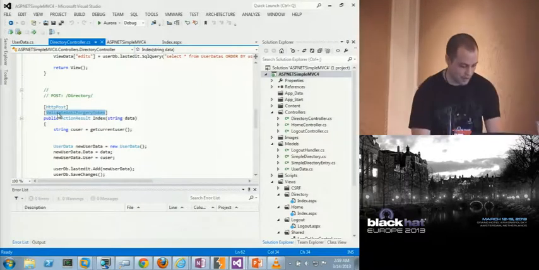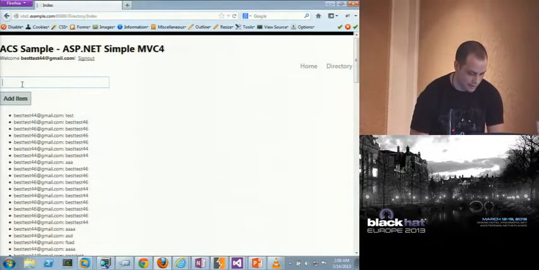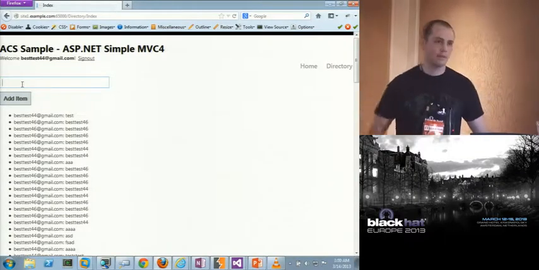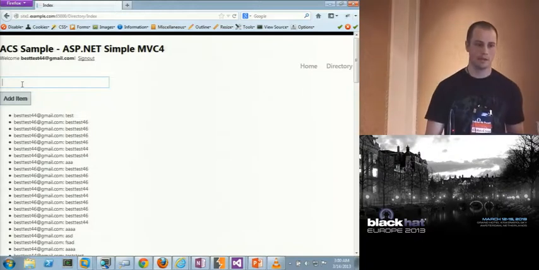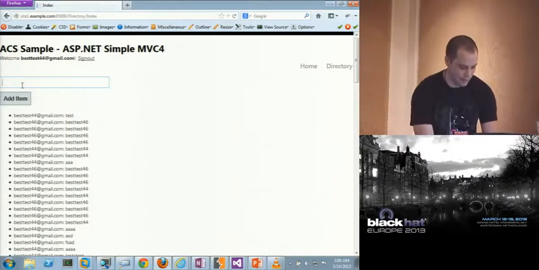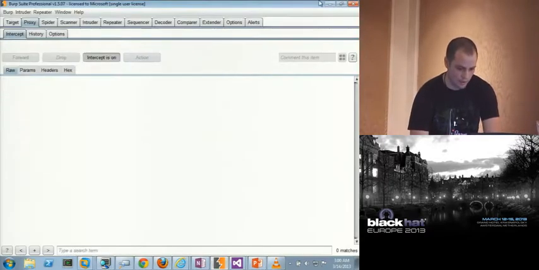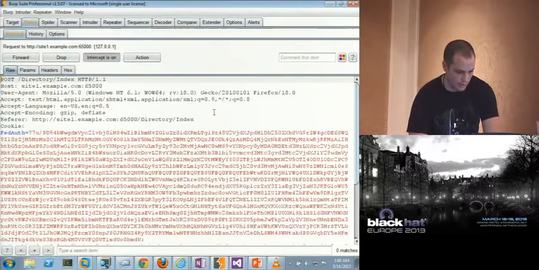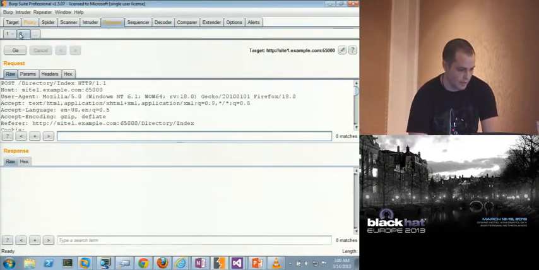And that's usually the extent of the guidance. Okay, so I've done this in a web application, and if I go to that web app, it looks something like this. By the way, for this demo, every browser is a different user, so that hopefully makes it less jarring. So this is Firefox user. Firefox user says best test 44. If we intercept this in Burp, it looks something like this. Let's call this Firefox user.